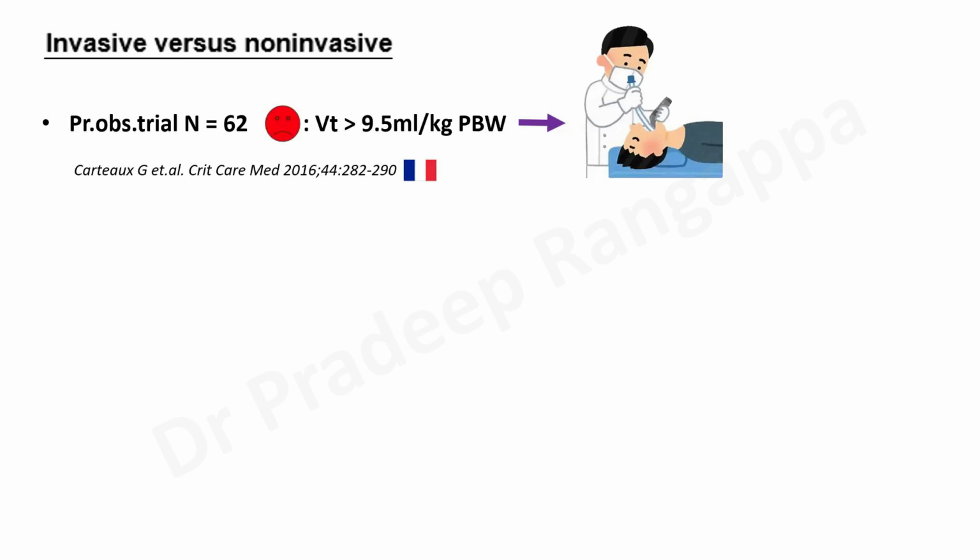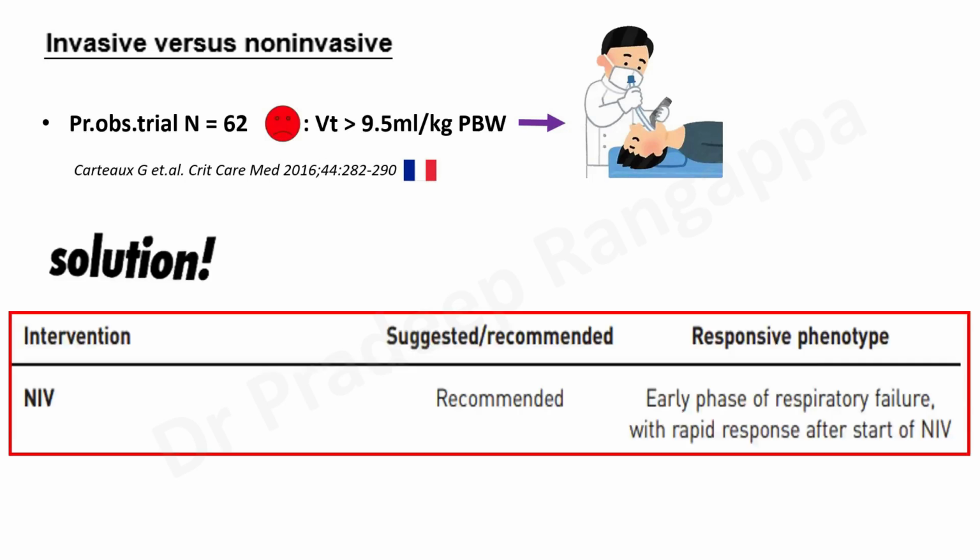So the answer, whether NIV should be used: with the available evidence, NIV could be used in the early phase of ARDS. And once you use it, you have to determine whether the patient is responding well or failing with NIV. Obviously, if they are failing with rapid shallow breathing index more than 105 or there is evidence of self-inflicted lung injury, then go ahead and intubate. So that's the answer that we can subscribe to at this point of time.